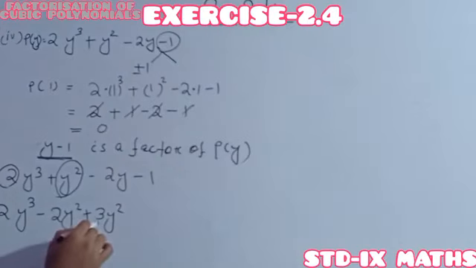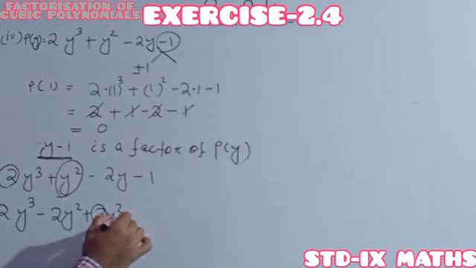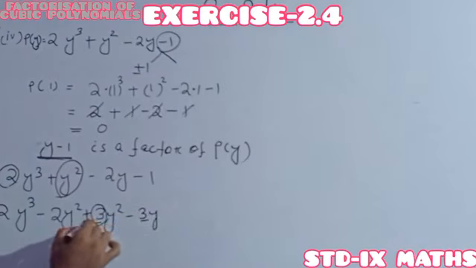Okay. And here it is +3. So for which the next one should be -3y. The coefficient remains the same. Here it is a plus sign, here it should be a minus sign. Why will it be minus? Because here it is minus, so between the two, one is plus and the other is minus. But the coefficient in both the terms must be the same.